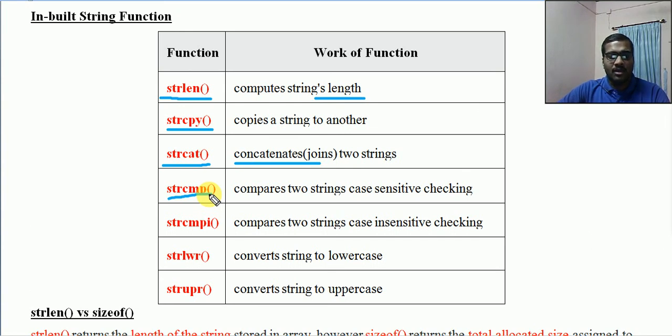That is done by the function called strcmp, string comparison. strcmp directly compares the two strings by checking whether the cases are exactly the same or not.